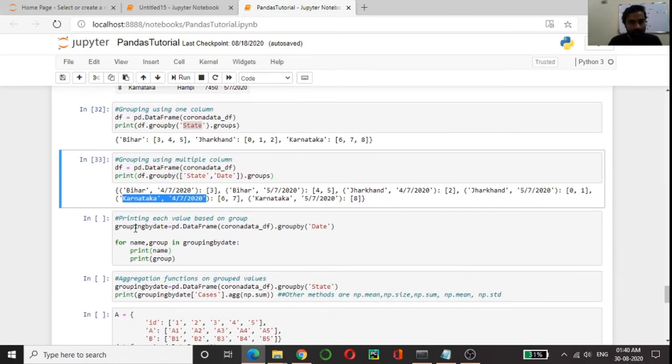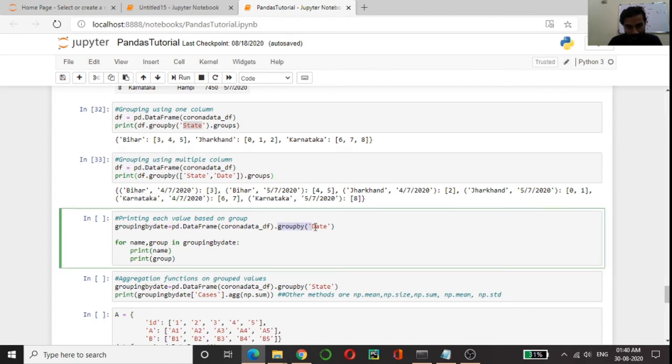So here I am trying to group by date. That means it will group the data based on different dates, and then I am printing that date and the data which is coming for that date. For name and group in groupby, I am printing the name.